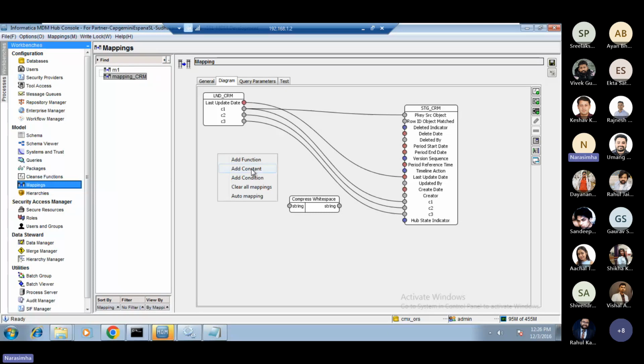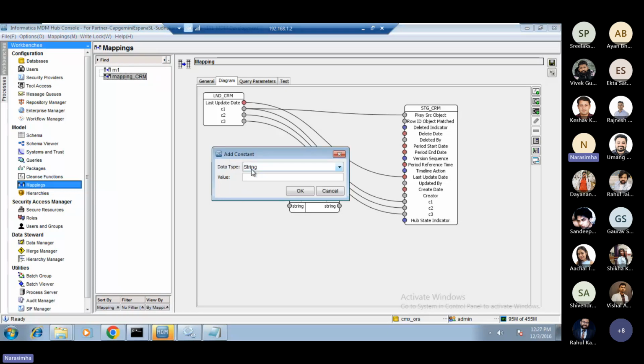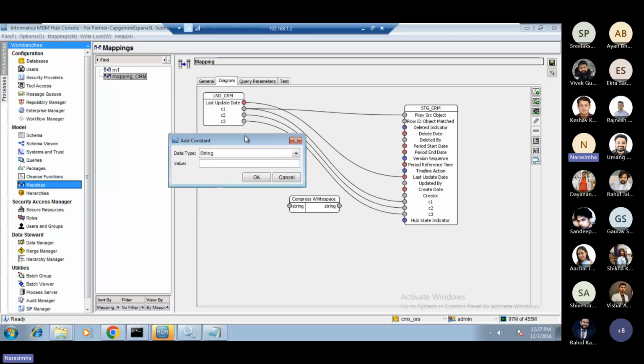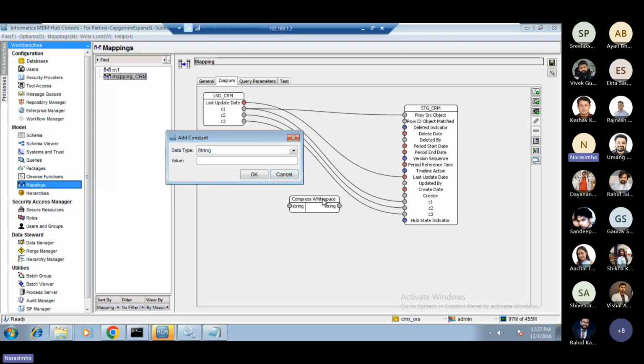So please select add constant so that we can add constant values that can be taken as input to any cleanse function. Click on add constant. In this case, we are dealing with string type, so we can use string type over here